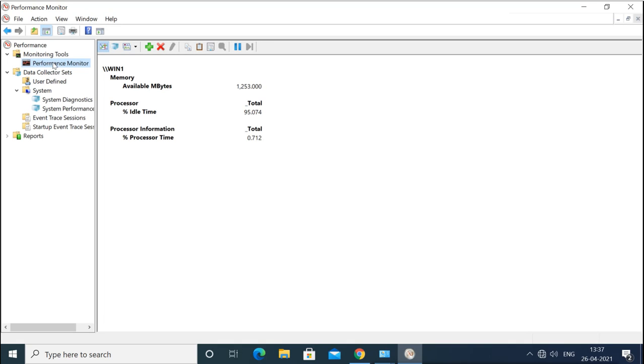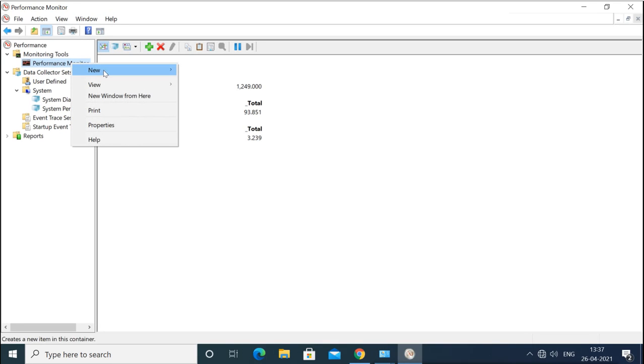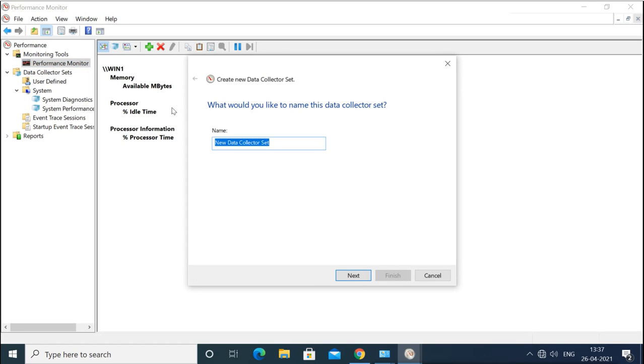Add all the counters which you want by using this, and then right click and create data collector set. So first add all the counters which you want, then create your own data collector set, name it, next, and choose where it is going to store all the collected information.